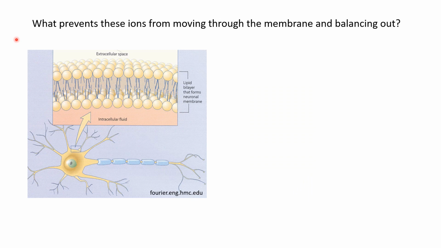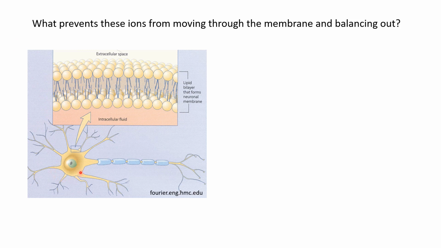In the last slide, we looked at the concentrations of different ions inside the neurons and outside the neurons. And we saw that these concentrations can be quite different. And that's what gives rise to the concentration gradients that are one of the driving forces for the ions to move. But you may be wondering what prevents these ions from crossing the membrane and then balancing out the concentrations. Well, the reason that the ions cannot easily cross the membrane is because the membrane is not permeable to these ions. So to understand that, let's look at the structure of the membrane in slightly more detail.